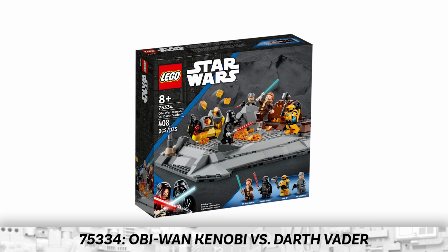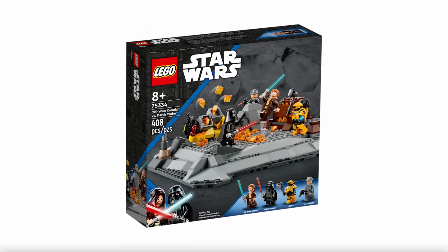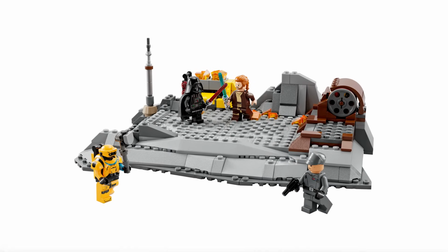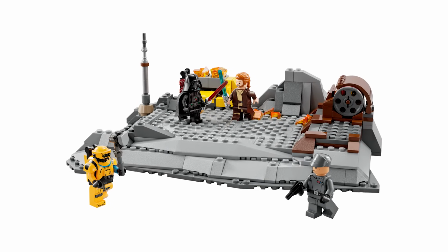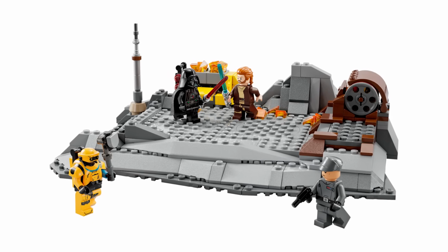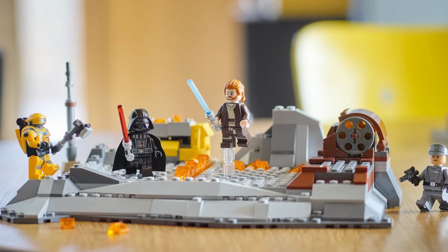Our next set is the Obi-Wan Kenobi versus Darth Vader duel set from the Kenobi show, which, you know, I have mixed feelings on. But as far as this set goes, I think a lot of fans would have it much lower than I have it on my personal list here. However, it's a set that I actually really like, and I get it. It's a gray slab. There's not a whole lot going on there,